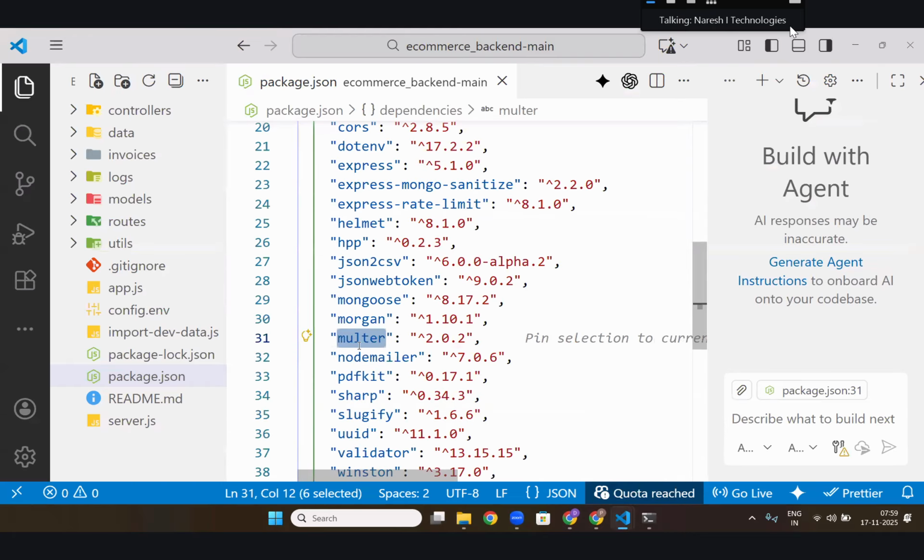Next one, Multer. Multer is also one of the popular packages, used for image uploading. Someone has to upload their images or something to buckets, right? You know the concept of buckets? In some applications, the client will upload an image. Like one button is there, and the client uploads an image.